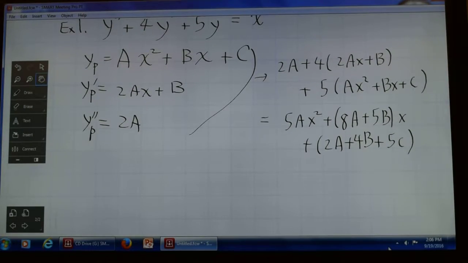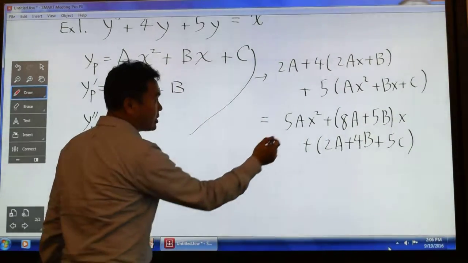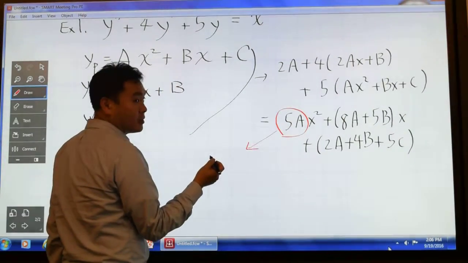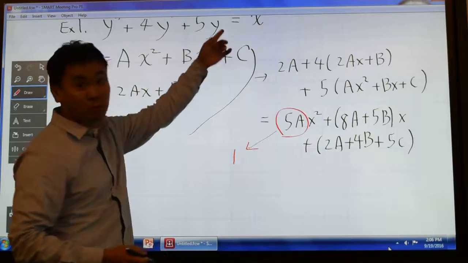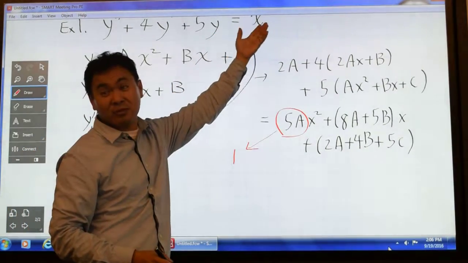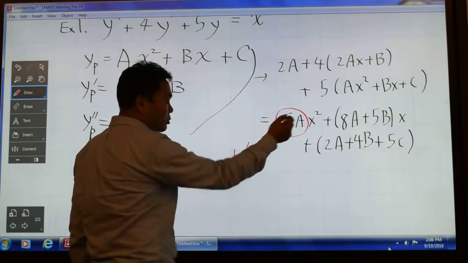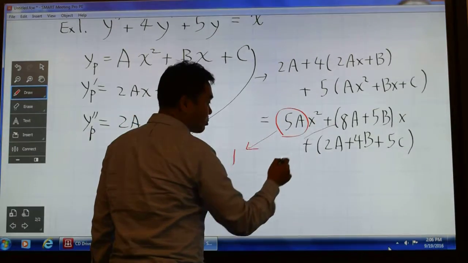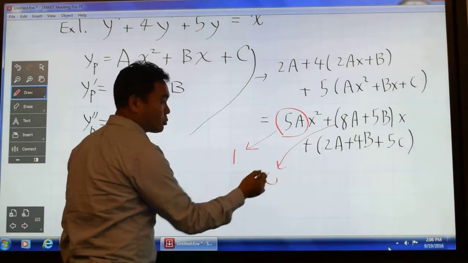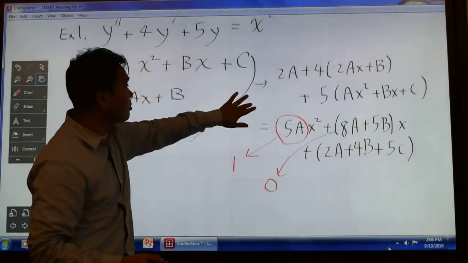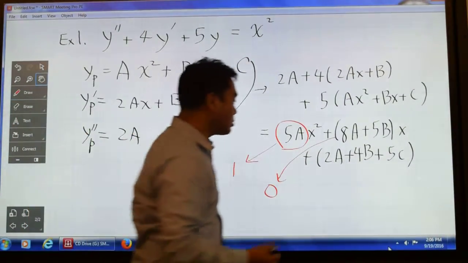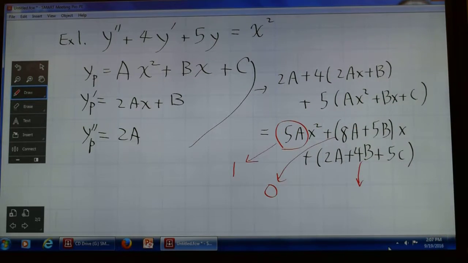Now, what do we need each of these to become? I need the 5a to be what? 1, because I just have x squared. If the right side was, say, 5x squared, then I would need 5a to be 5. But here we need it to be 1. What about this one? What should this become? 0, because we don't want an x term. It's not on the right side. What do we want this to be? 0. If all these conditions are met, then it will satisfy the differential equation, and we would have found